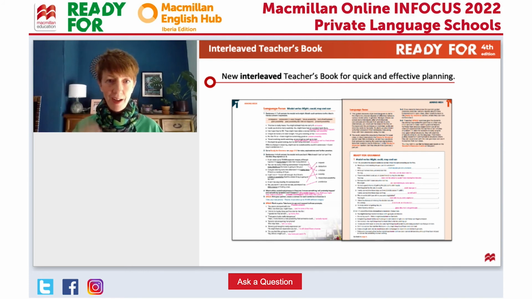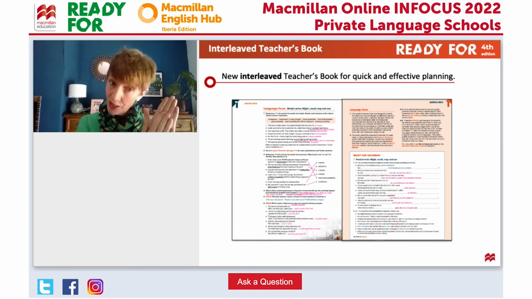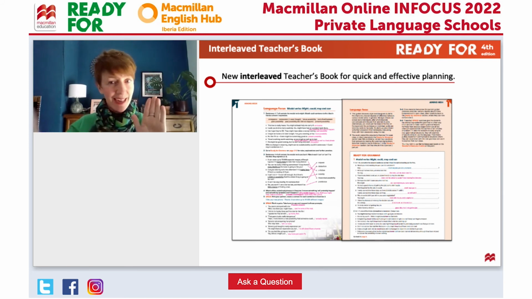One of the star points about the new Ready For is the Interleave Teacher's Book. Now, what is an Interleave Teacher's Book? On one side, you have the student's book of this teacher's book, so you don't need to carry two books around. You have the student's book with all of the answers written in there, okay? That saves you a lot of work of jumping from student's book to teacher's book and finding the answers and